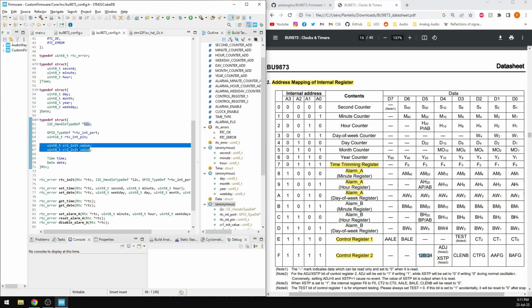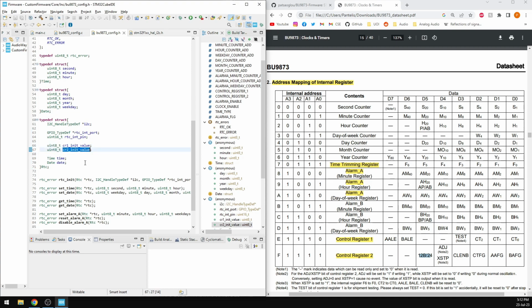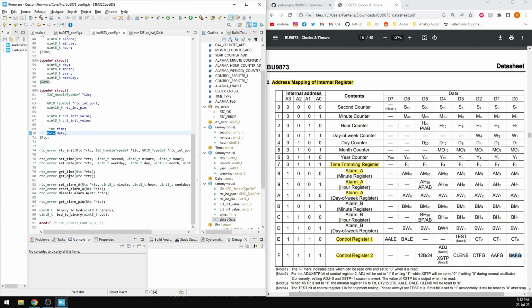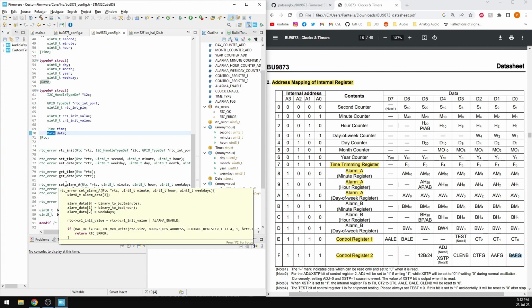We've got some initial controller register values that we have to store because we might want to use a second alarm and we just want to know what's the last controller register value, so we don't just write 0 here and reset both of the alarms and not only the one that we want. And lastly, RTC holds a time struct and a date struct. So the necessary functions that we're going to use,